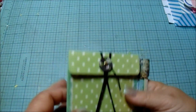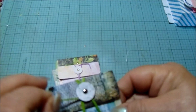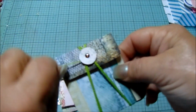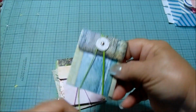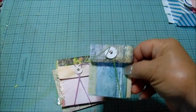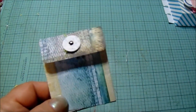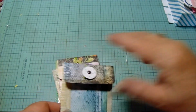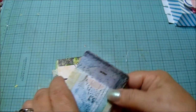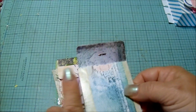All of these were completely and utterly inspired by Amber of Lyric Lovers. I don't know if you want to call them a seed pouch or a gift card holder or a library pocket, but this is an awesome way to eliminate the gobs of scraps you may have. And all I did was I used washi tape to seal it, so I didn't lose any